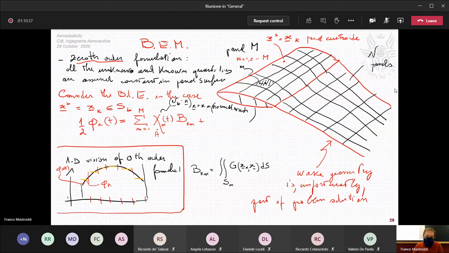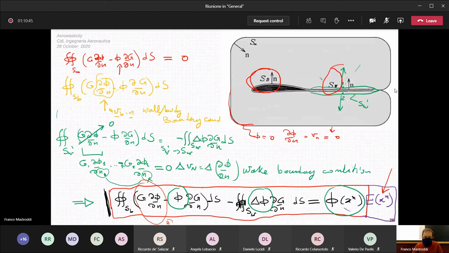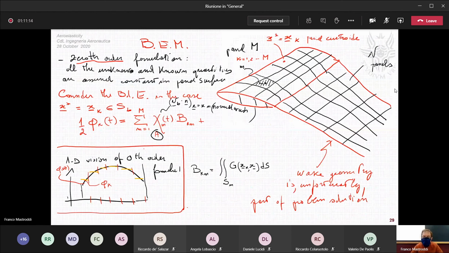So I have discretized A. Now I want to discretize B. Other term here, this term here, B. We have phi and dg on the n with a minus sign, look. And therefore, we have to perform this integral, and dg on the n is a quantity depending on x and x star. But phi depends only on x and is assumed to be constant in a panel. So you have a value of phi in each panel. And therefore, this integral is again approximated like a summation